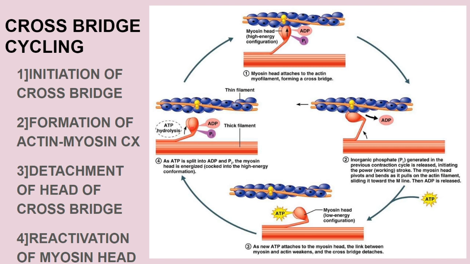Okay, because of the ATPase enzyme present on the head of the myosin, ATP hydrolysis occurs and ATP is converted into ADP and Pi. Whatever energy is released from the cleavage of the ATP is taken up by the myosin head, which energizes and activates it and causes its extension perpendicularly. That means the activated myosin head extends perpendicularly, as you can see over here.